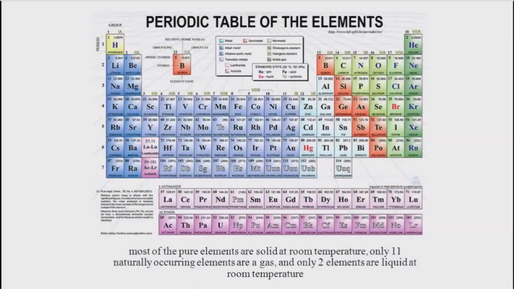This table is also helpful because it gives you what state of matter these elements are at room temperature. Most of them are solid at room temperature, and there's 11 that are gas at room temperature, and only 2 that are liquid at room temperature. This table has them in different colors, right? So gas is blue, liquid is red,